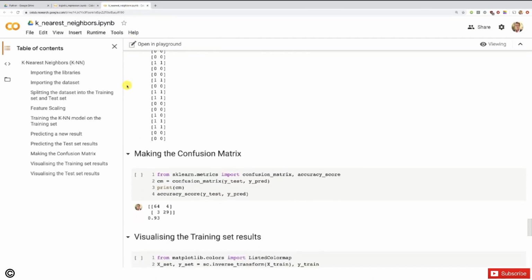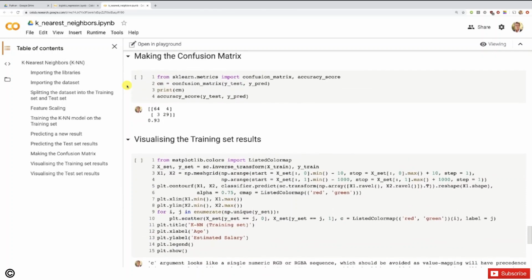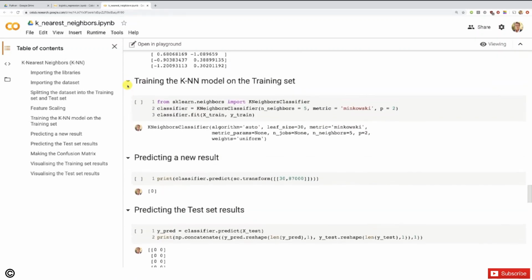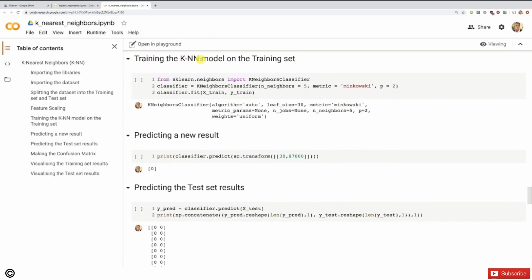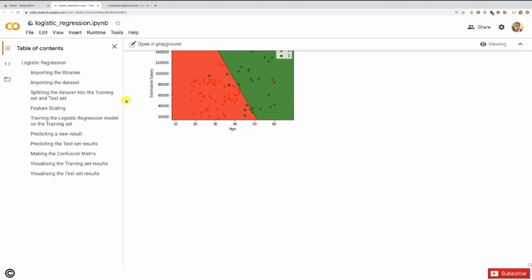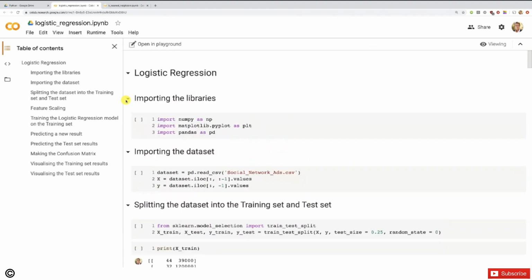All the same. So if by any chance you are starting with KNN before logistic regression, I really encourage you to do logistic regression first because all these cells are explained in detail. And for this KNN implementation, we will just re-implement that cell to train the KNN model on the training set. All right, you see, so that's why it is a classification template which you can use to build any other